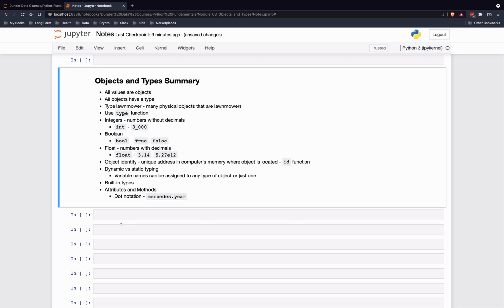So that wraps it up for the Objects and Types module. I wanted to provide a summary here. So we learned that all values that we've used thus far in our programs are objects, and all objects have